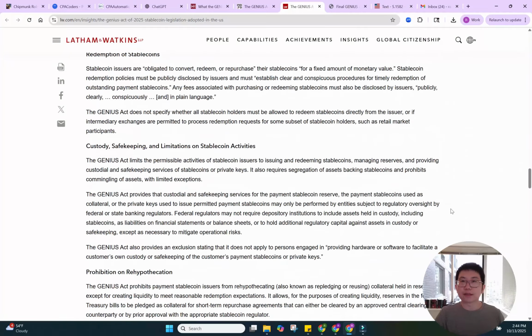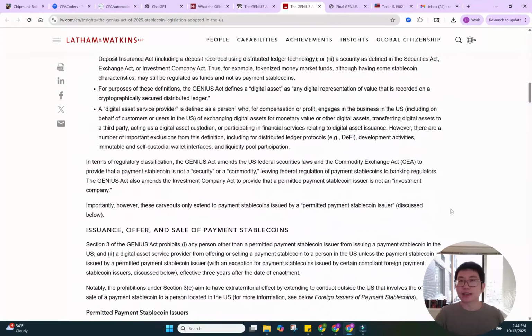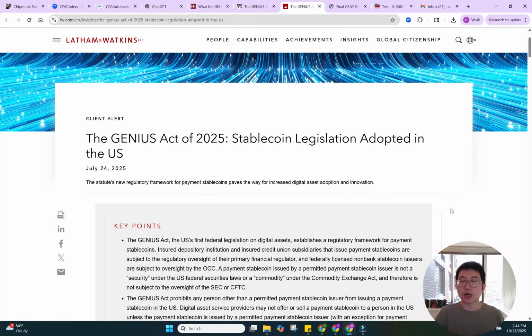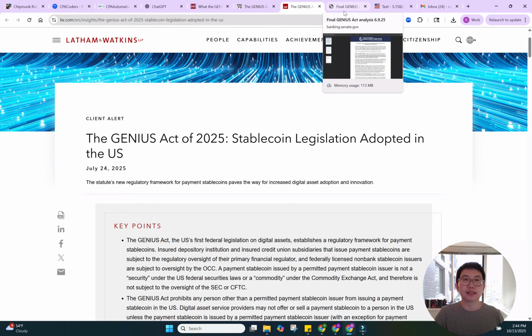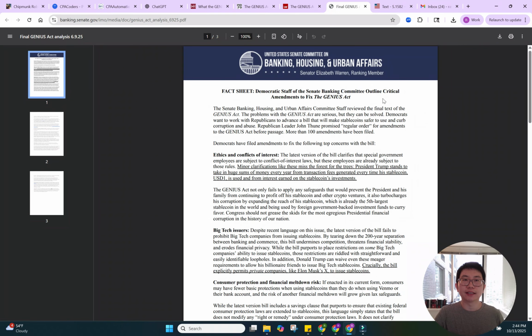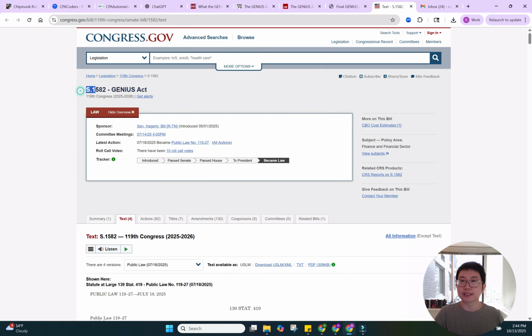So I want to create a custom GPT to store all of those research pieces, as well as some of the Congress analysis, from Senator Warren, some of the analysis her committee worked on, and also include the actual Genius Act inside the custom GPT. So this custom GPT can answer all kinds of questions from people about stablecoin and regulations included in the Genius Act. With this being said, let's get